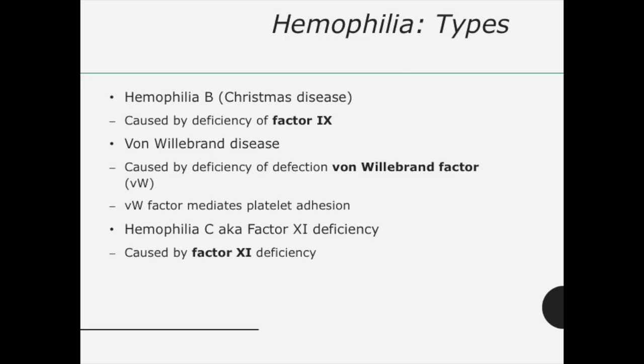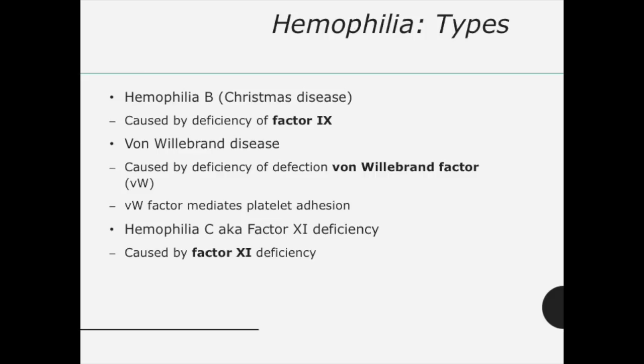The most common types are factor VIII deficiency, so that would be hemophilia A or classic hemophilia. This makes up about 80% of your cases. And then factor IX deficiency would be that hemophilia B or Christmas disease. This is going to make up almost that other 20%. And then, of course, we have a couple of other types also, but we'll focus on the hemophilia A and